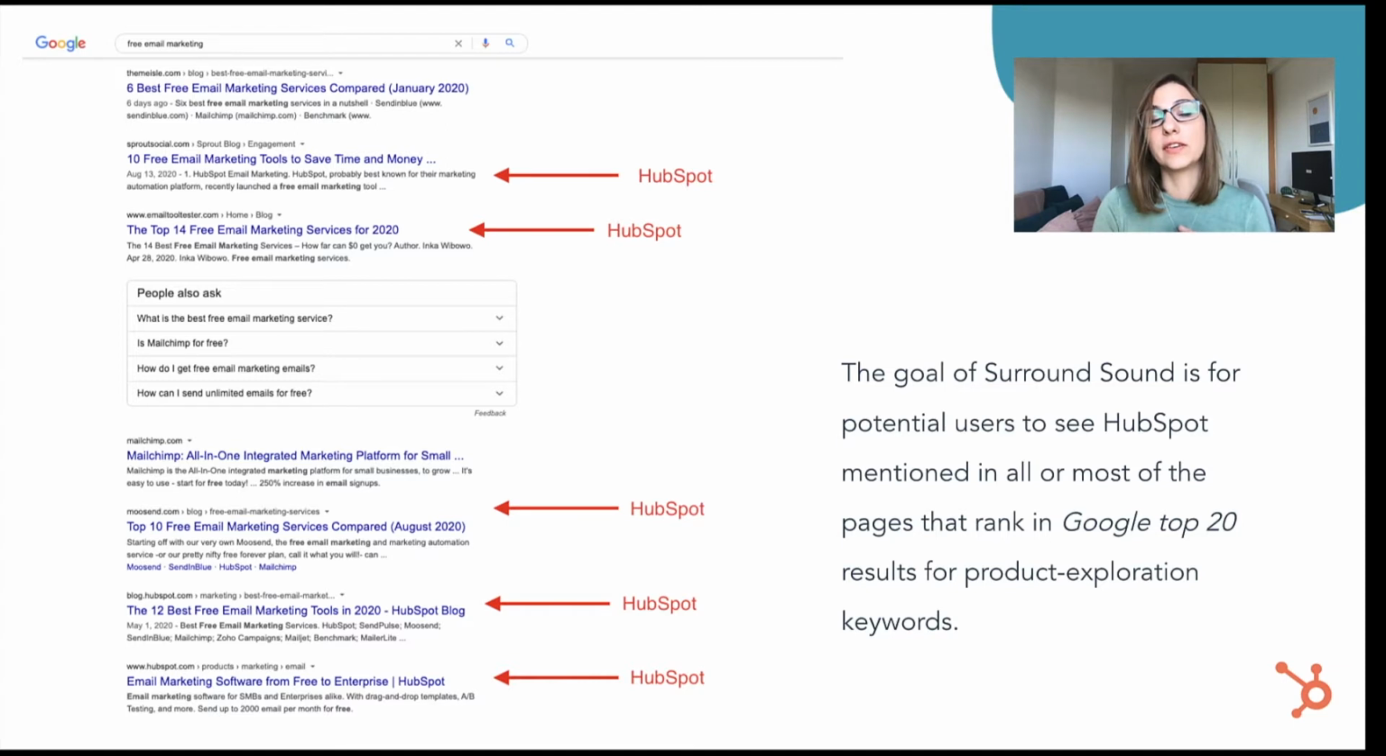To give you an even more specific example, this is how the top 10 Google search results page looks like for free email marketing. You're going to see there that we're already ranking towards the bottom of the page with our own product page. So our own free email marketing tool ranks for this content, which is very important because you want to first make sure that your website is ranking. And second of all,